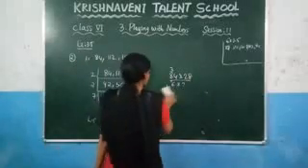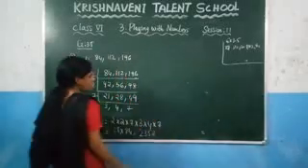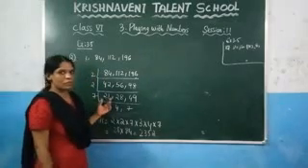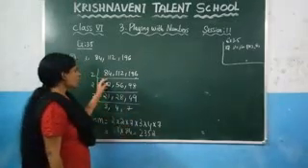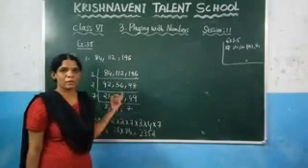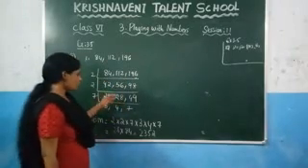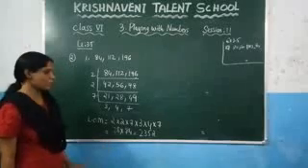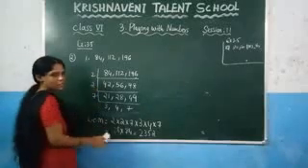So what is the process here? Just you need to write all the numbers, and you have to check in which table you will get all these values, or you need to check all these numbers are divisible by which number. And after that, if you follow the process, you will get the LCM by multiplying all these values.